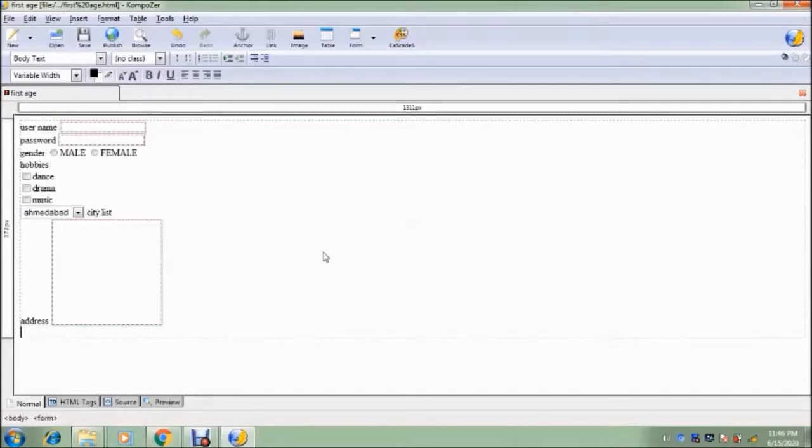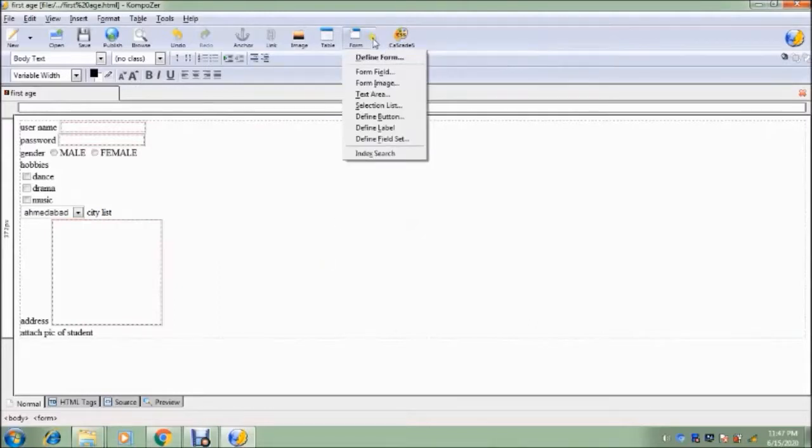Now I want to attach or I want to get the photograph of a particular student. Then I will type here attach pic of student. Okay, so with this I have to insert a file box.